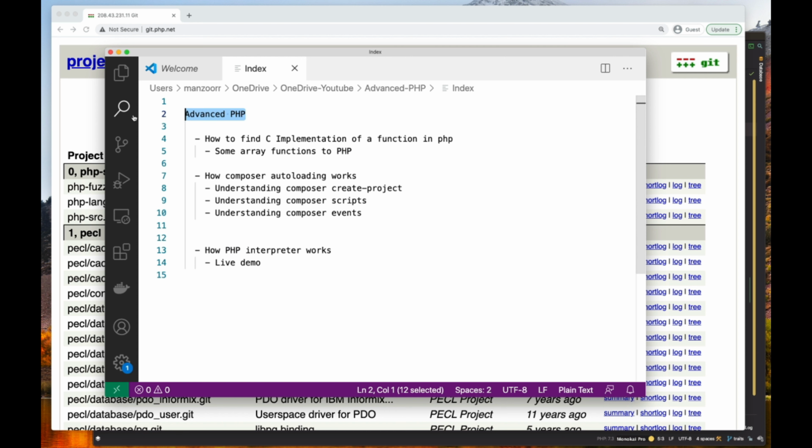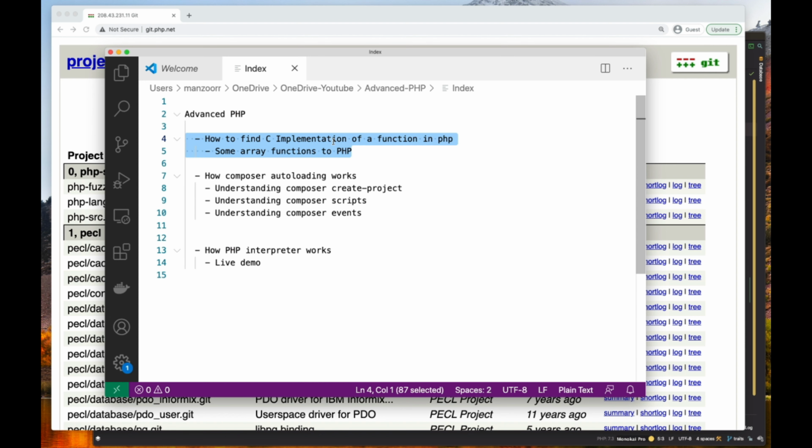This is Advanced PHP. In this advanced level of PHP, these are just the first few topics that came to my mind that I will be trying to explain. I will definitely add more topics, because there are so many concepts that you need to know to be an expert in PHP, which I am also not, but I am still a learner. So I will keep learning and I will try to keep teaching. So these are the topics that I have in mind.